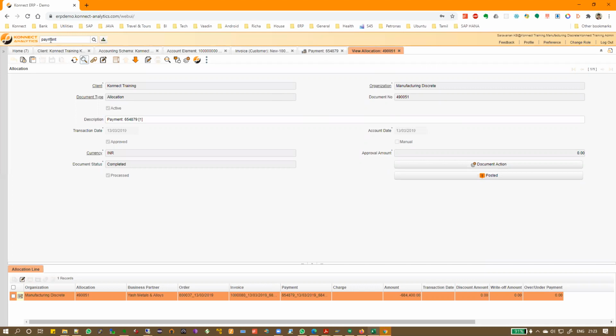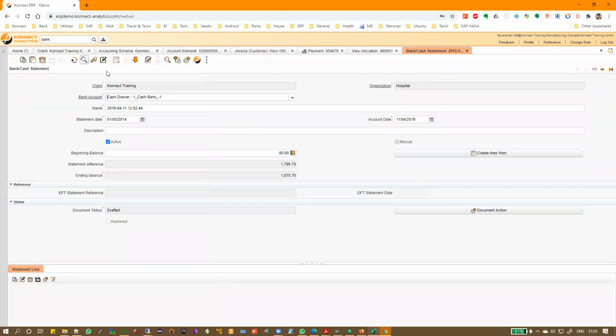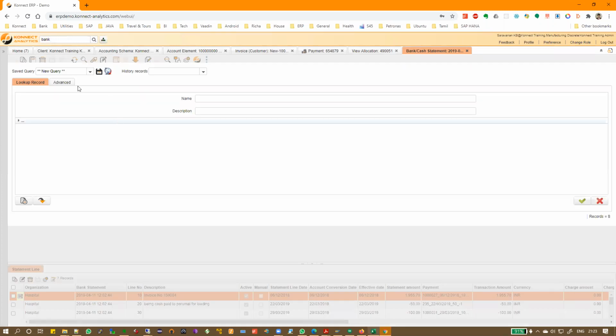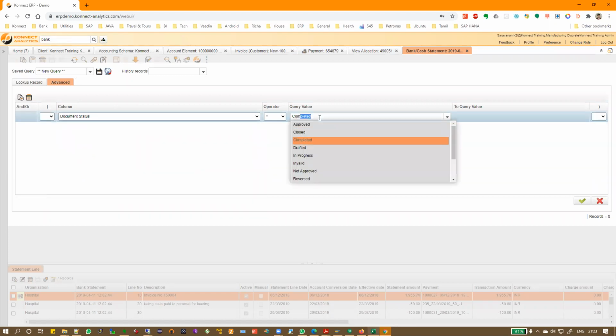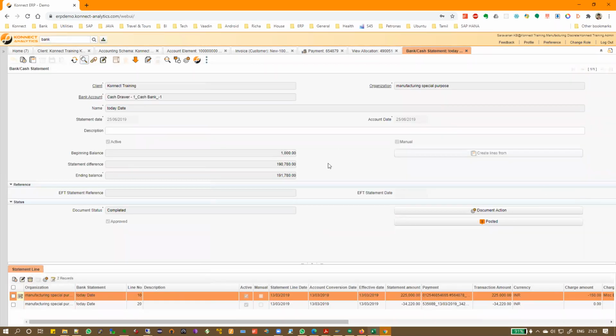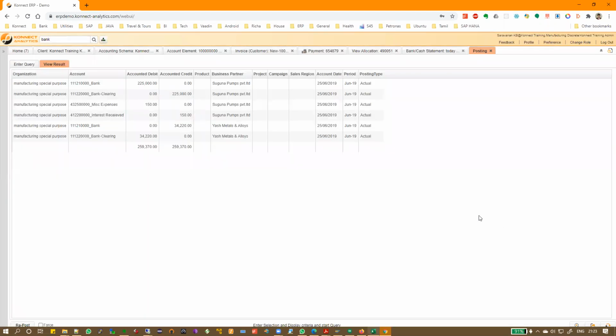So the third document will happen in the bank or cash statement, which we will see in some time. I'm taking a random document here, not the same document, but if you take the same document, you just have to pay some more attention to it, but otherwise you will get it. If you look at any bank or cash statement, the clearing will get credited and the bank will get debited, or vice versa: the clearing will get debited and the bank will get credited, depending on outgoing or incoming payment.